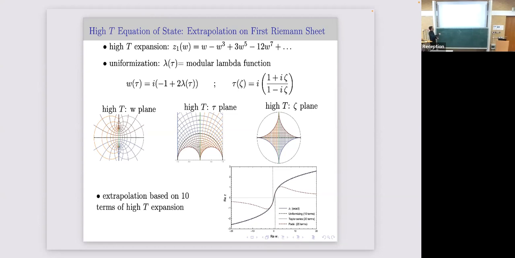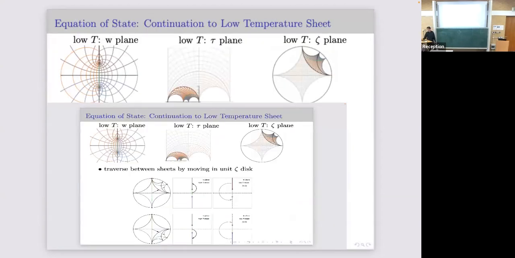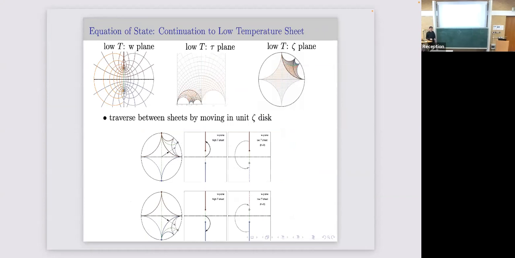We're mapping it into a smaller and smaller region here, so whatever analysis you do inside that disk will be much more precise. But you can do this much better. You can now go to the next sheet, and I don't know of any other way to do this efficiently. So on the next sheet, there's actually one card. So this is a low temperature sheet, the next sheet. In terms of this picture, it's the little loop inside here.